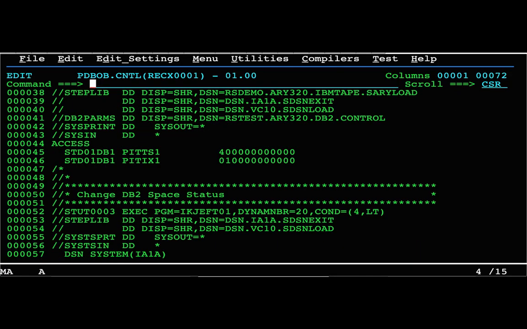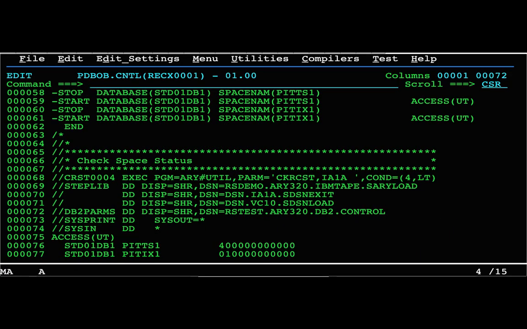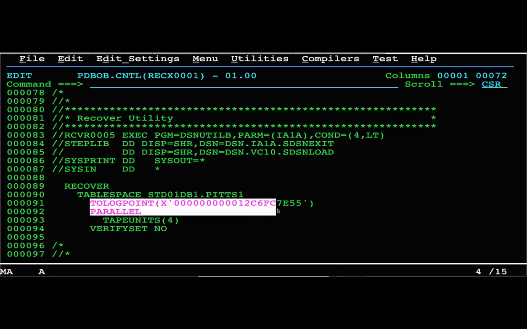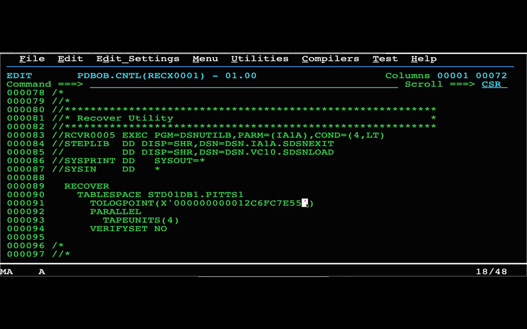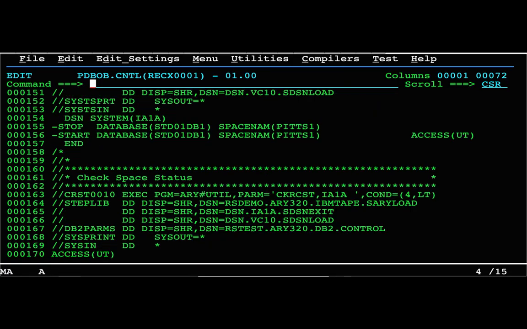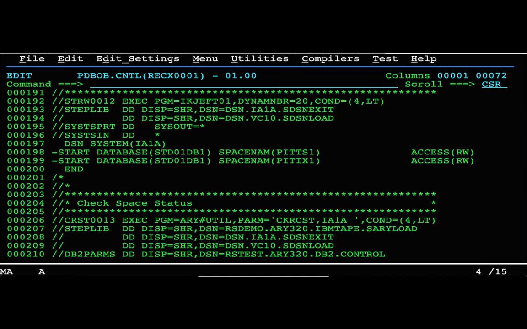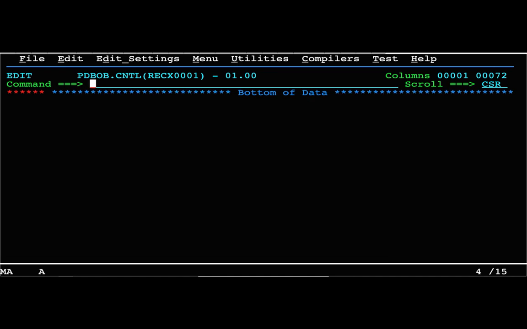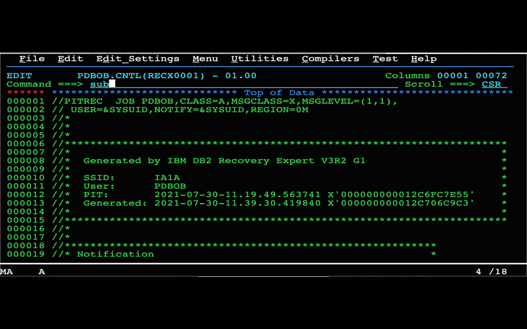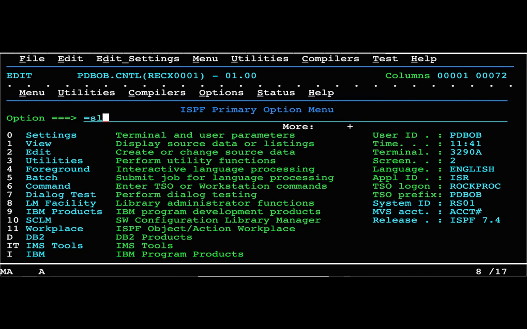If we take a look at this, you can see that the first thing we're going to do is change the space status to UT mode. We're going to run the recovery TO LOGPOINT, and that log point is the QUIESCE point. Then it's going to rebuild any indexes, and then it's going to return the space to read-write status, and then we're complete. So if we execute this point-in-time recovery, and then we go over to SDSF and take a look,